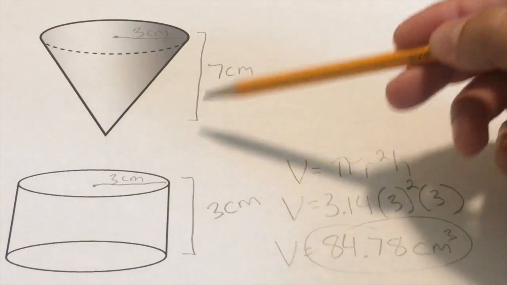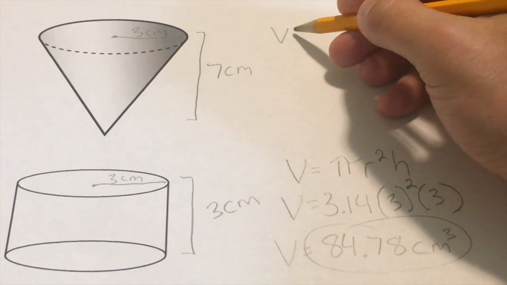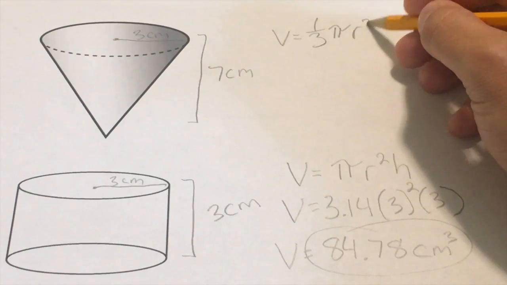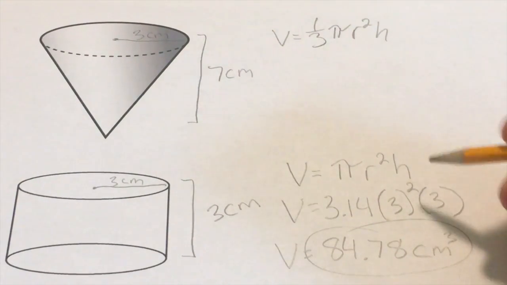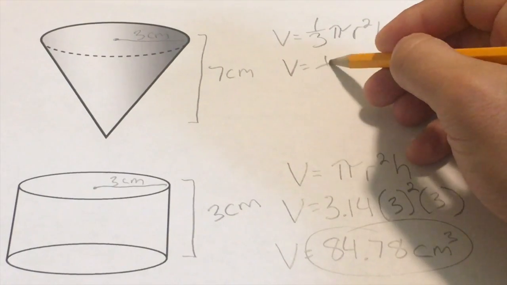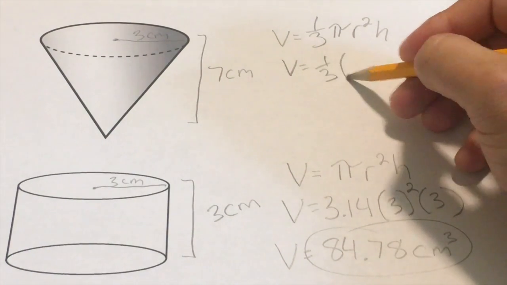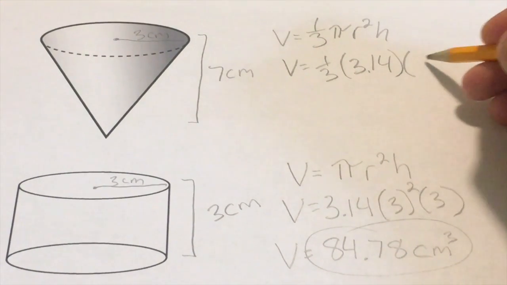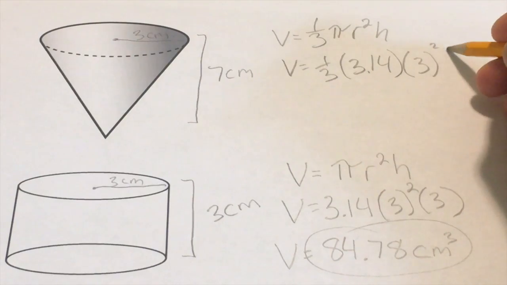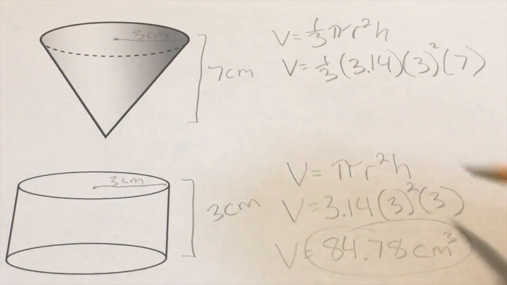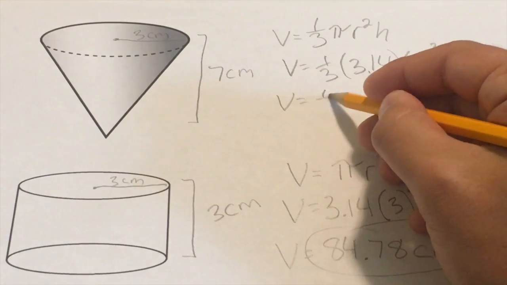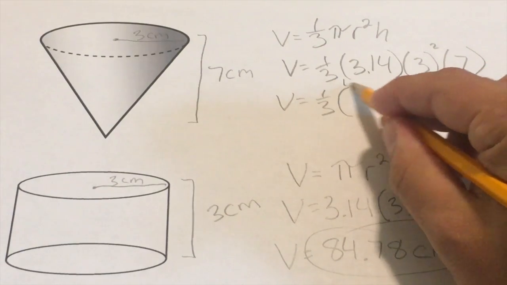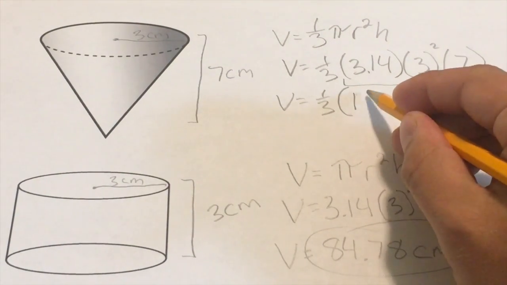Now let's work out the cone. Similar formula, except there is a 1/3 in front of pi times r squared h. Let's see what that does to the volume. V equals 1/3 times 3.14 times 3 squared, the radius squared, times 7. First, we'll work out just the whole numbers and the decimals. So I'll bring down 1/3 so we can see 3.14 times 3 squared ends up being